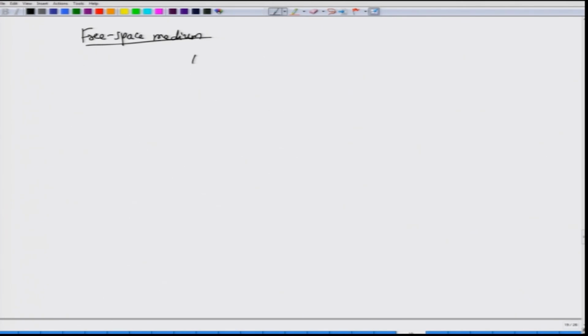Okay. So, I have E of 0 comma omega, which is in some sort of a pulse. We do not even need to know what kind of a pulse it is. It could be a square pulse, it could be a triangular pulse, it could be any pulse that we consider. Of course, this has to have a certain spectrum that we need to know. So, that spectrum would be E of 0 comma omega, and the output E of L comma t is given by